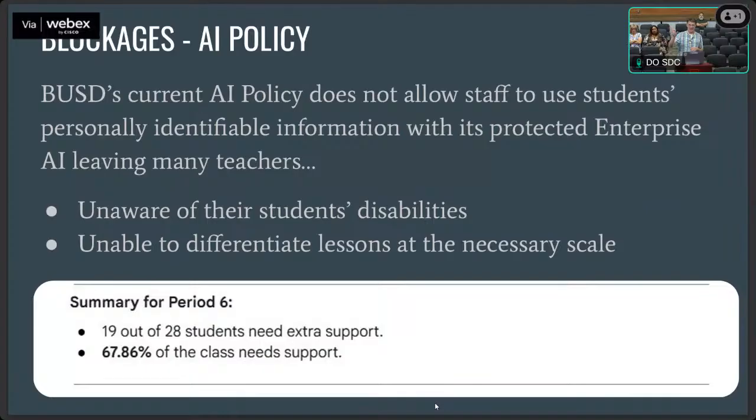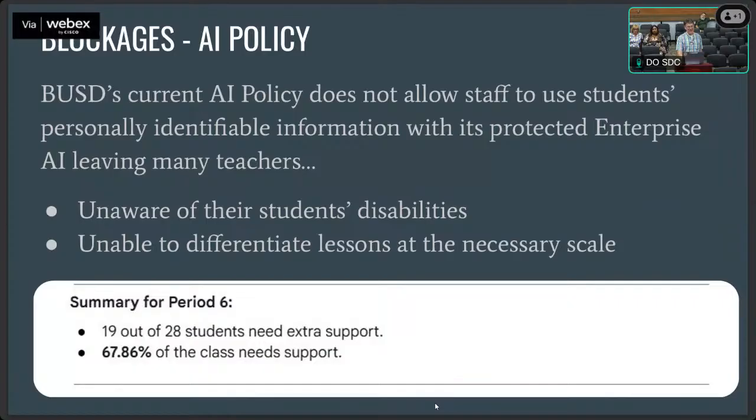Okay, so I took my roster and I shared it to the enterprise AI, and I took my 2 lists of Excel spreadsheets and I said, please figure out which ones are my students and what supports they need. And it took a few hours to work through the bugs, but it gave me this amazing list: okay, period 1, you have these students. Here's the reports they need. Here's the languages they speak. And this is the percentage of students in that class that need extra supports. I was like, why couldn't I have this at the beginning of the year? This would have helped so much.